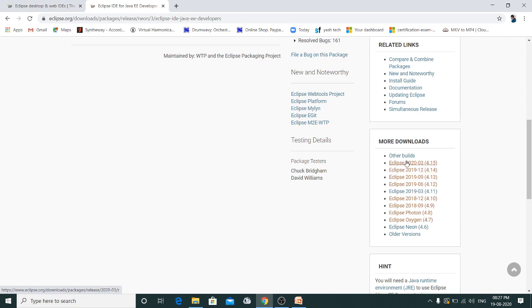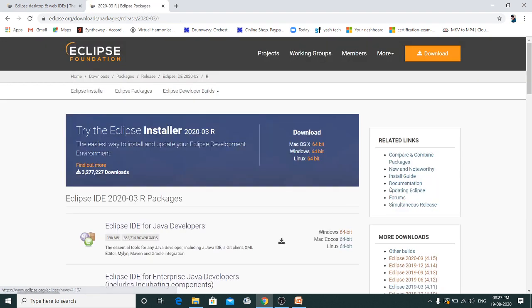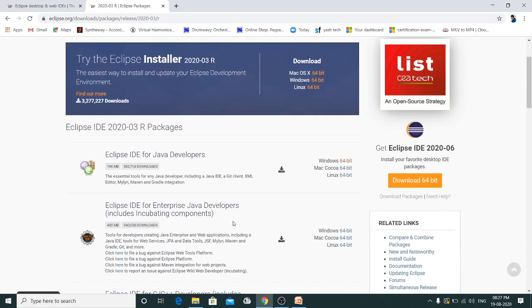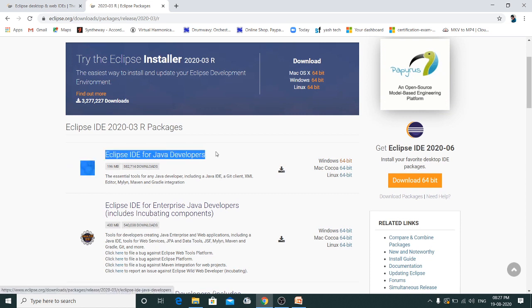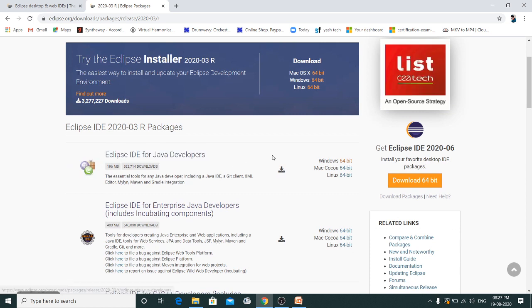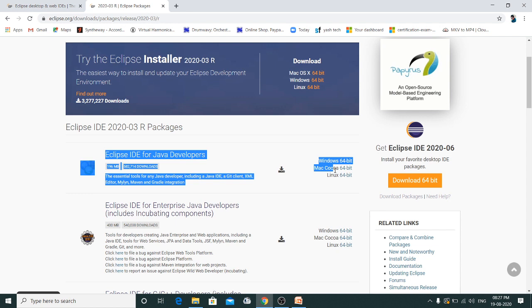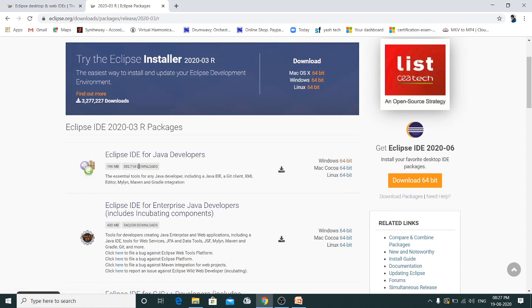So I'll click on the latest one, Eclipse 2020-03, which is released in March, and Eclipse IDE for Java developers. I need this. It is showing 64-bit, and make sure that you have Java with a 64-bit version.